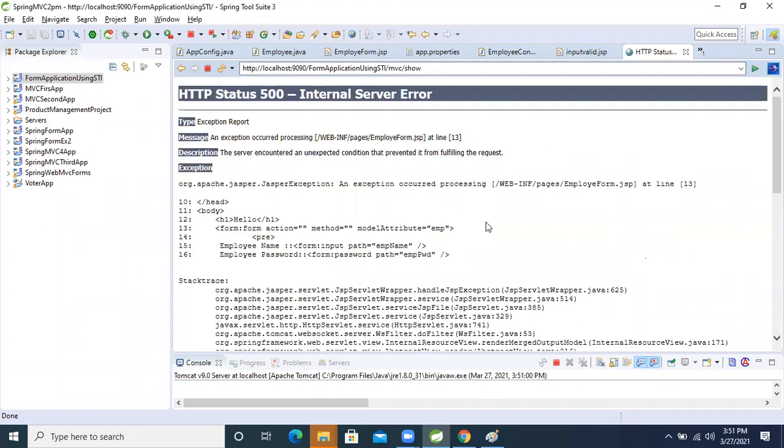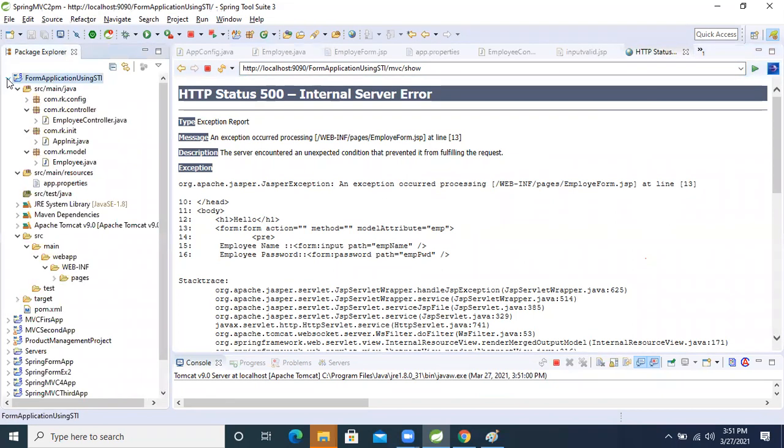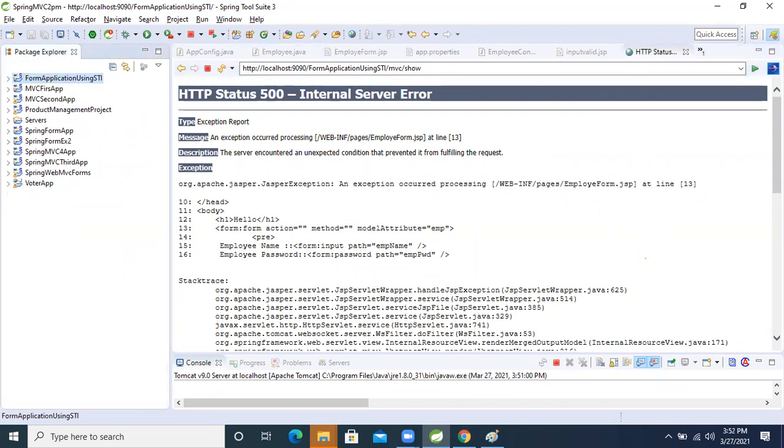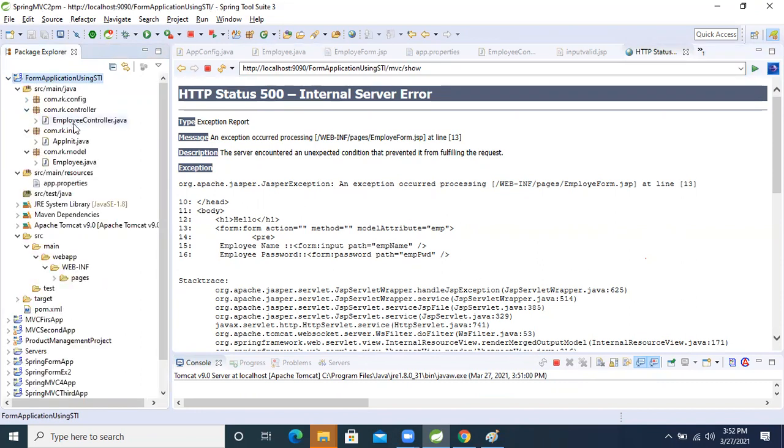Yes, I think we need to restart our IDE one time. Then it will work because the thing is correct only. Why is it giving the error? I don't know.